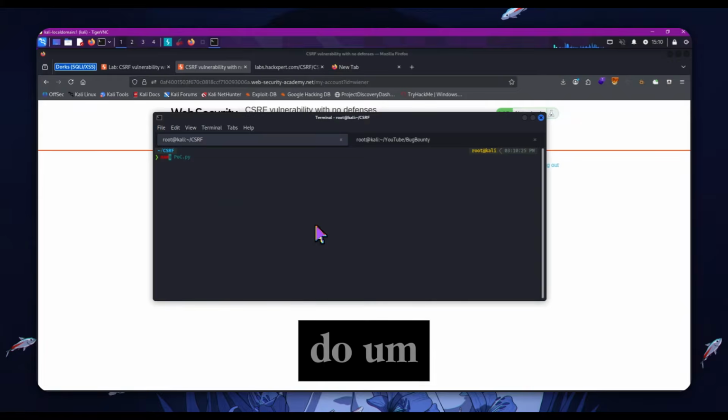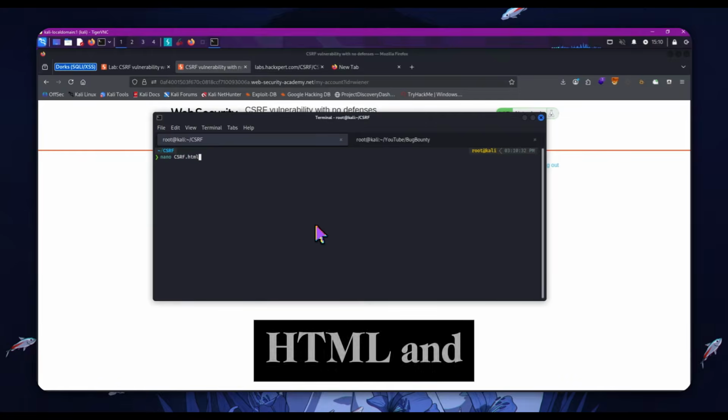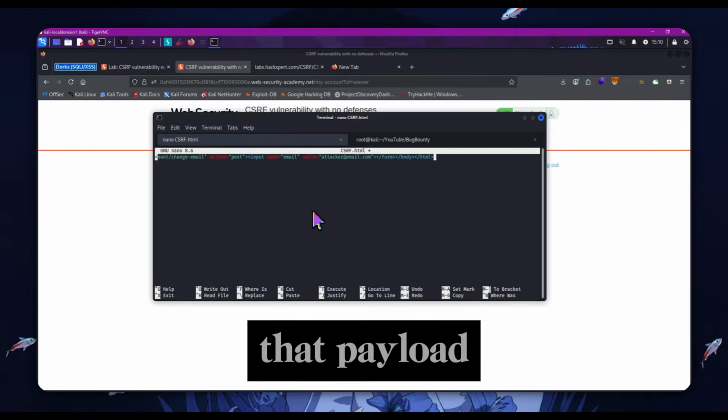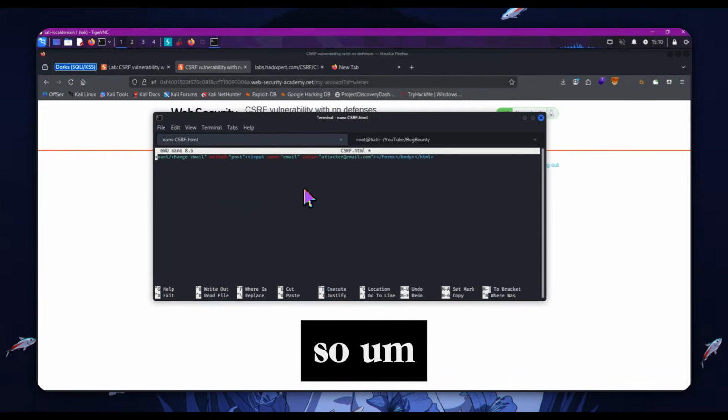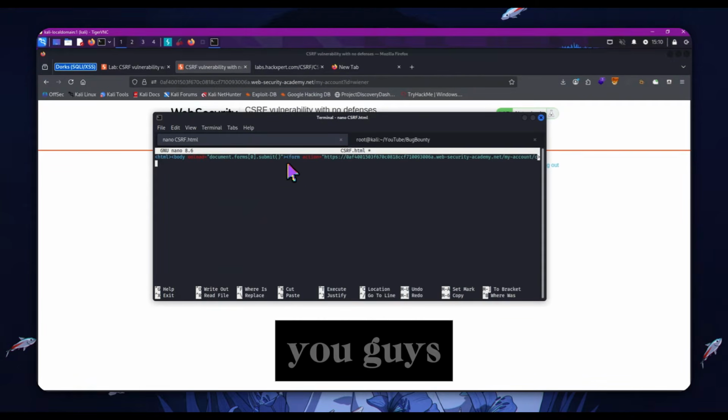Now, what we're going to do, let me just check what files I hit. Cool. So we're going to nano csrf.html, and we're going to paste in that payload. So let me just show you guys